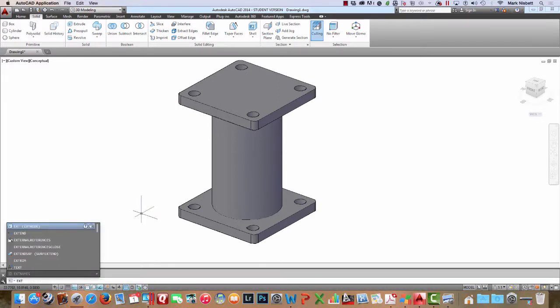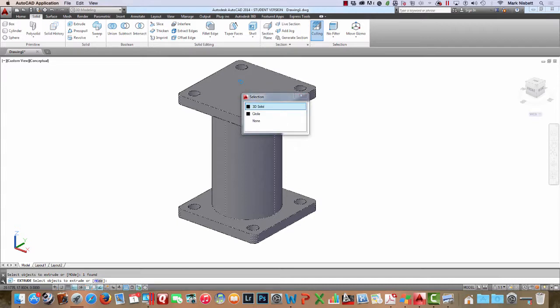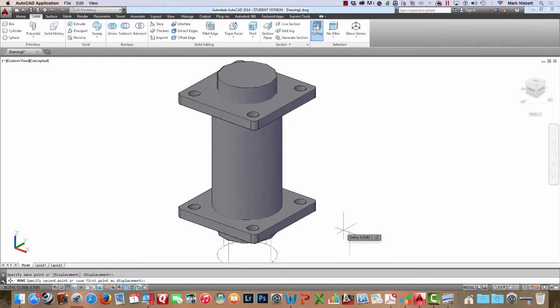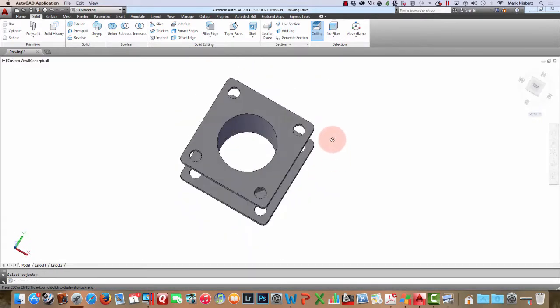So if we use extrude, we might be able to actually pick that circle if we tried here. We can see when I go ahead and pick that, I get my circle, and I can hit enter, and I can extrude this all the way down through like that. And we know that this has to go through the top as well, so I just want to poke it through the top so that it's going through both like that. Then we'll use the subtract command and go ahead and just pick that and subtract that out. Okay, so at this point here we have our